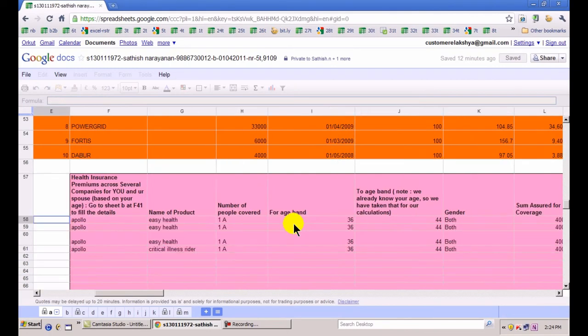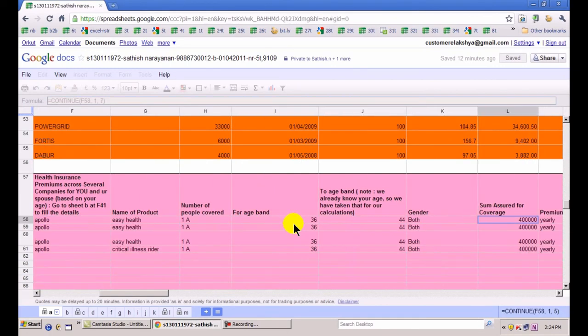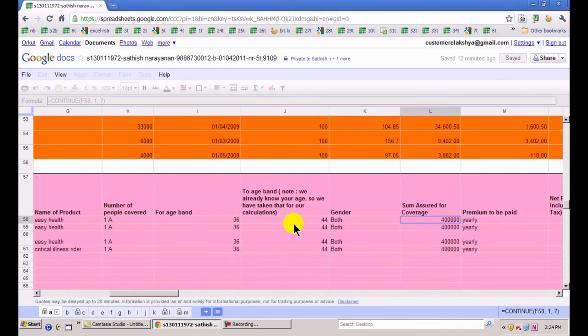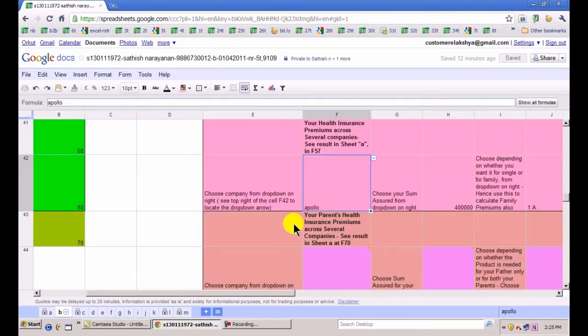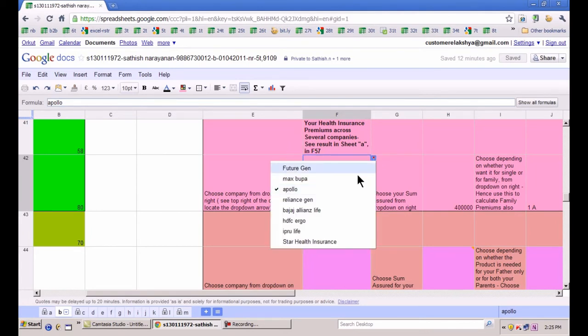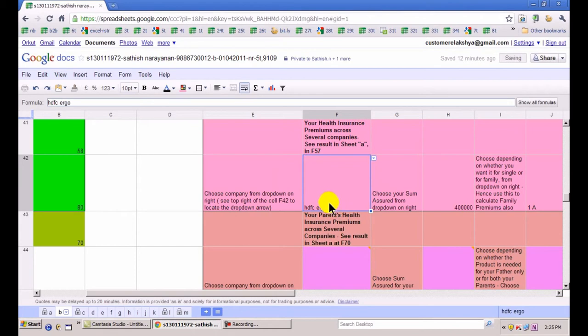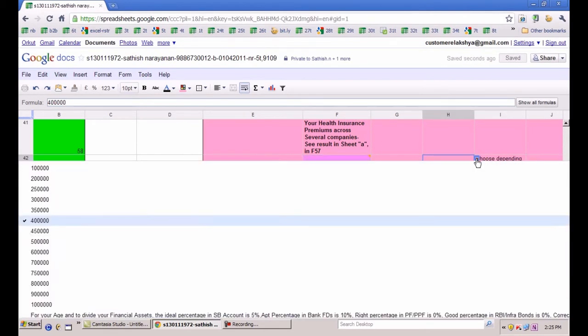Of course, if you want to change from Apollo to some other company, or if you want to change the sum assured from 4 lakhs to some other lakhs, or if you want the premium to be paid to change from yearly to a monthly mode, all you need to do is to input that in sheet B. I'll tell you where. You can see me in sheet B in the same color combination. There's a drop down here. Instead of Apollo, I choose HDFC Ergo, and instead of 4 lakhs, I again use a drop down.